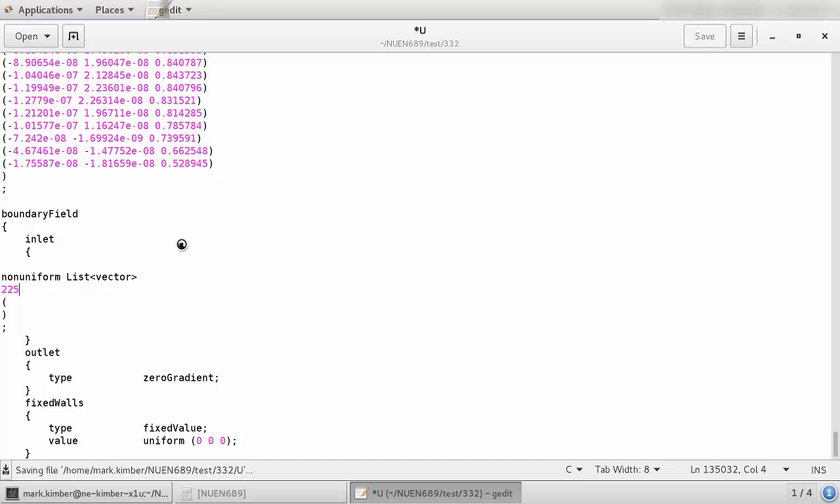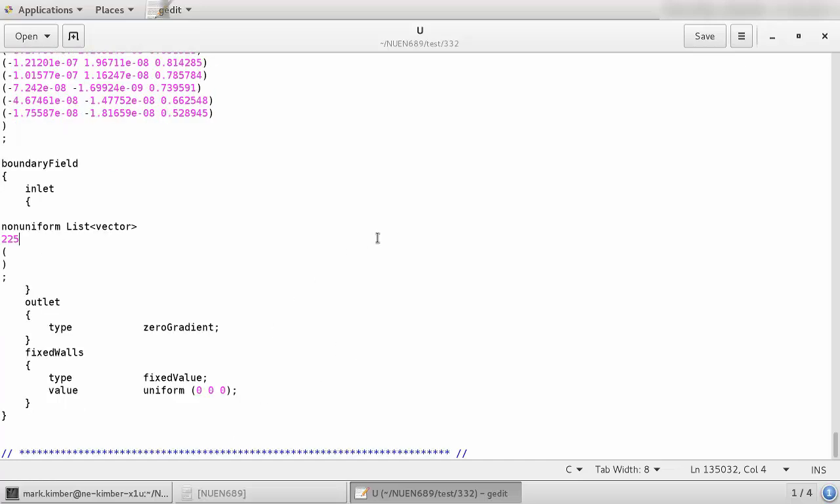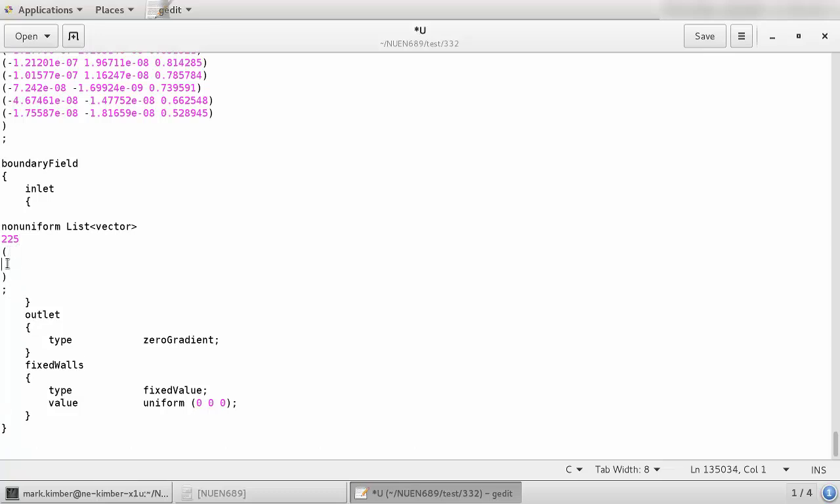Okay, so I'm going to save that. And the outlets can remain the same at 0 gradient, and the fixed walls obviously are going to be no slip still, so we don't need to change any of those. We just need now to list 225 3-element vectors that are tied to the x and y locations of the cells that define the inlet surface. So in order to find those,